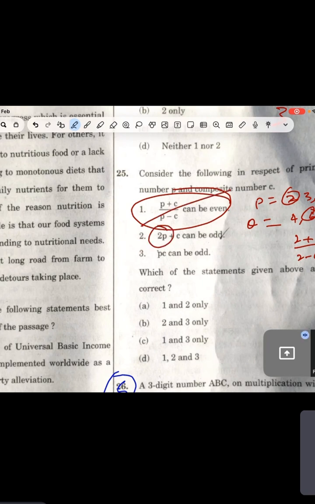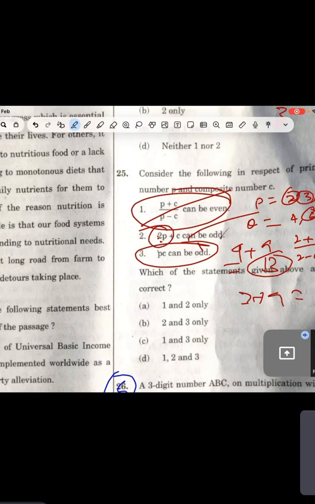Yes. Now they multiply by 2. So it will become already what? For example, 2 times 2 is 4, and C I can take any number, let's say 9. So it will become 13. So this is also odd. And this can also be odd. For example, I can take a 3 here and 9. So 3 and 9 equal to 27.